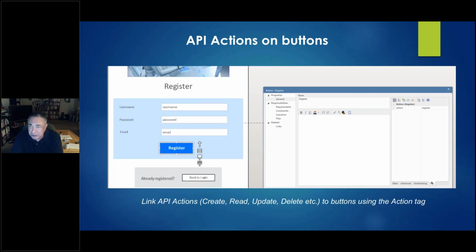So we have a whole dozens of tags that CodeBot understands. This one says the action that happens when you click that button is to register, and register is a server-side REST API endpoint that's generated for that identity class. Okay, so I can have a button that says create one, I can have a button that says read one, delete one, update one, find something. They're just different tag values that we specify here in the tags for the various elements.